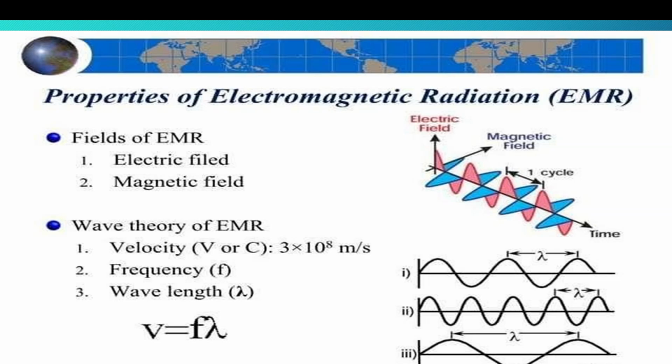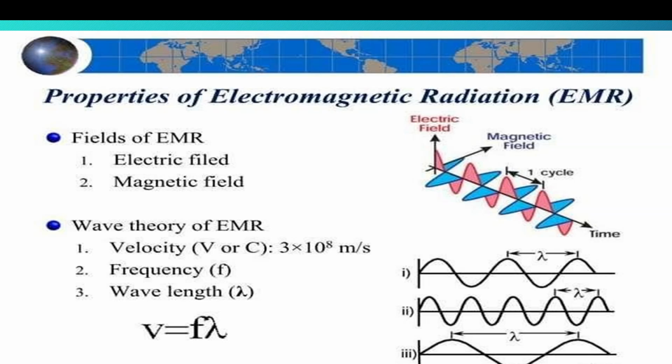Then the properties of electromagnetic radiation. The field of EMR consists of two perpendicular fields, as I already said, that is the electric field and the magnetic field. And in the wave theory of EMR, velocity, that is V or C, is the speed of light, which is 3 × 10^8 meters per second. Frequency F is the number of wave cycles per second, and wavelength is the distance between two successive wave crests. And the wave equation, the relationship between these properties, is given by